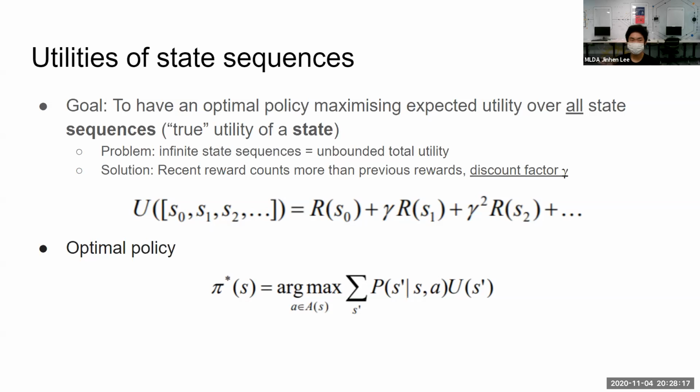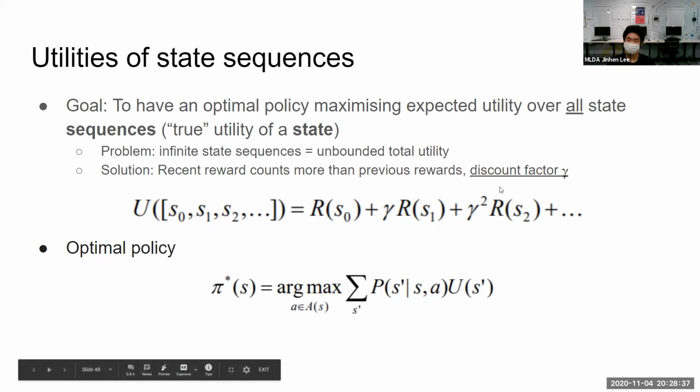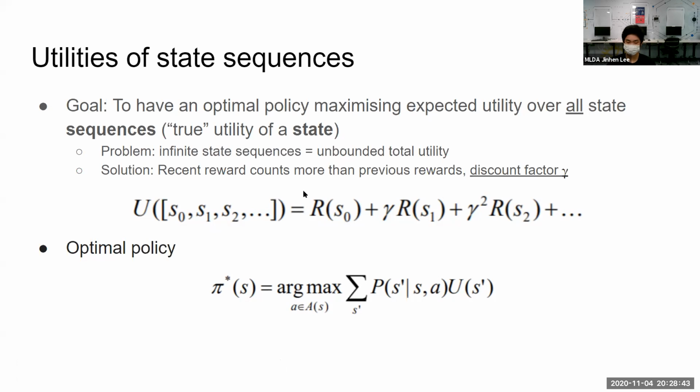If you're simply summing everything up, you have a problem if your state sequences are infinite, because you are going to have an infinite sum, which doesn't make sense. To solve this problem, as well as to help our algorithms converge, we'll introduce a factor called the discount factor gamma. This is a real number between 0 and 1. So if the exponent, or power, is higher, it is closer to 0, and at some point you truncate this expression and you have a finite sum.